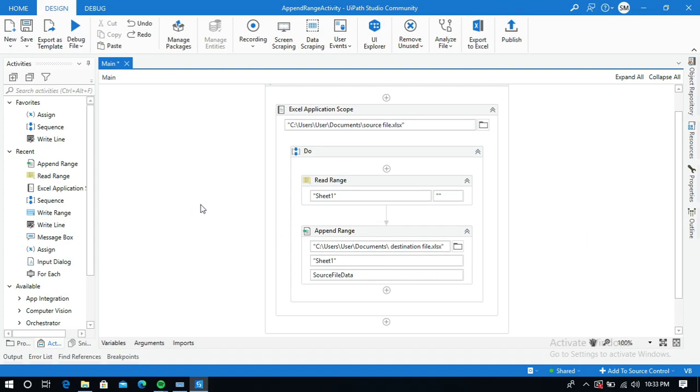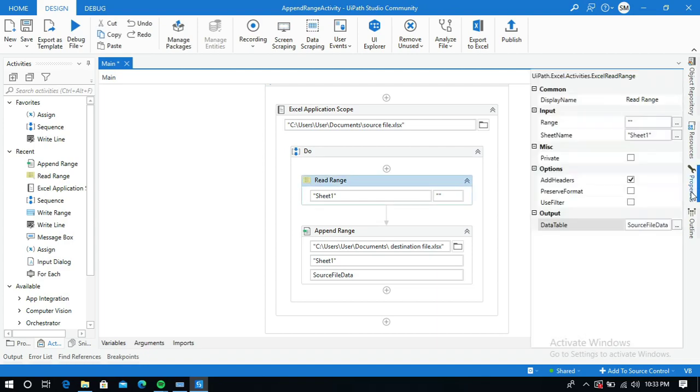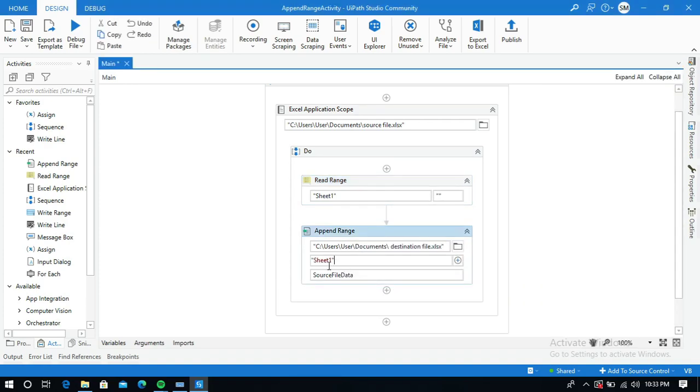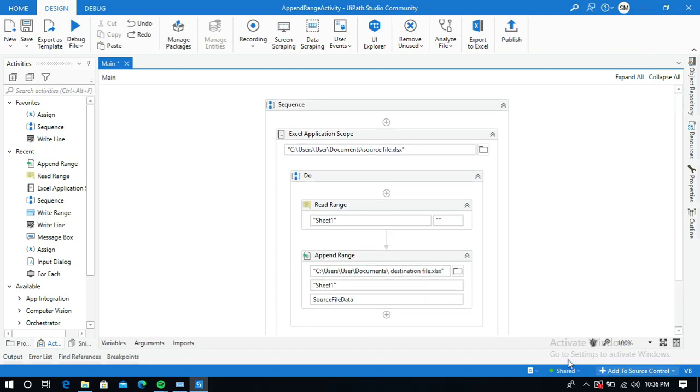So now you can understand. It will read the data from this source file and store the data in this output data table variable, and it will append that data to this destination file in sheet 1. Okay, there should not be a space before this file name, so this file name should be correct.